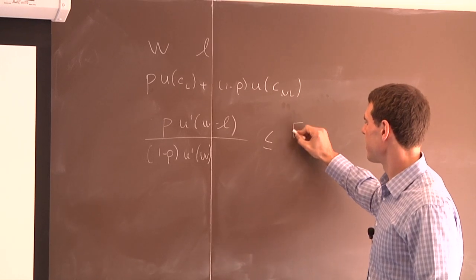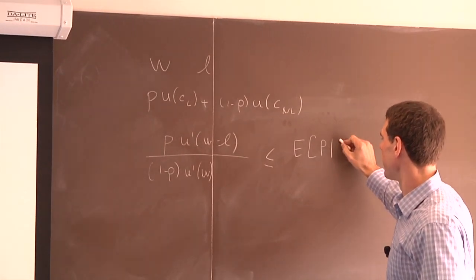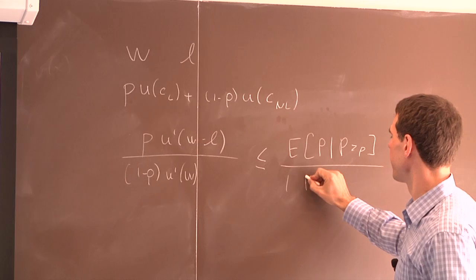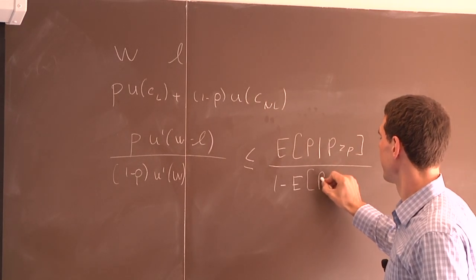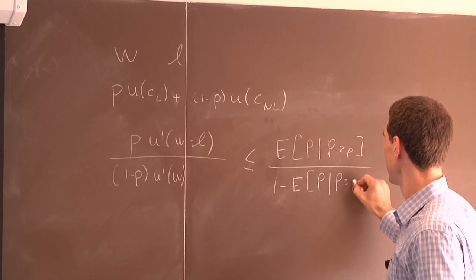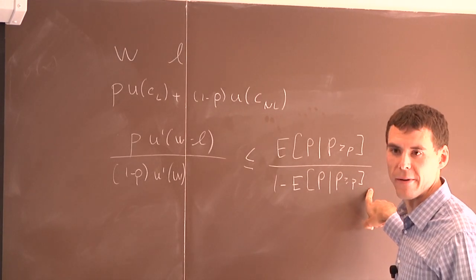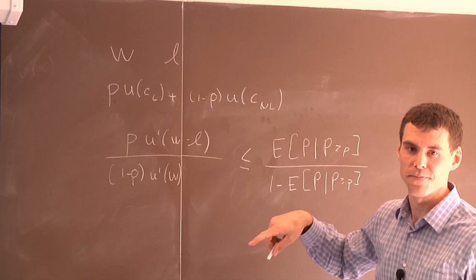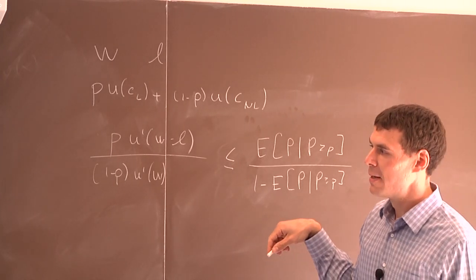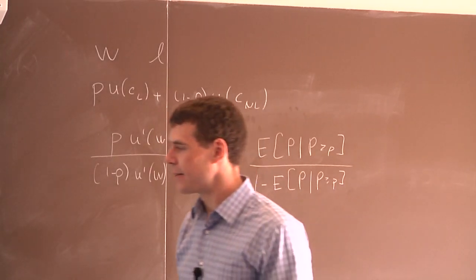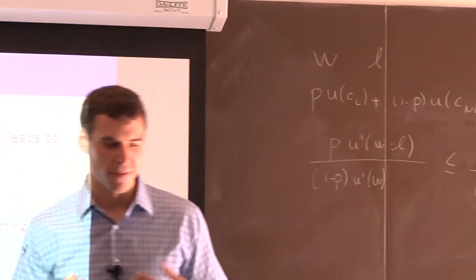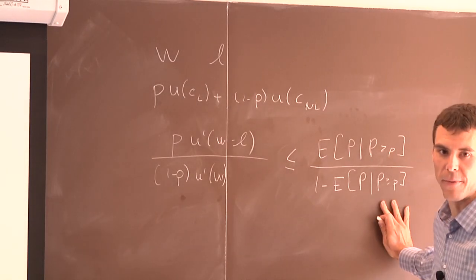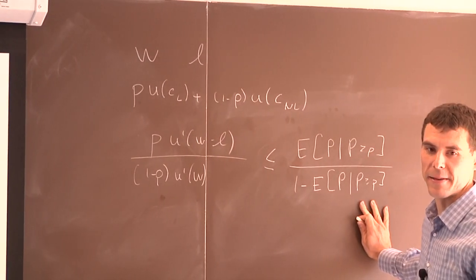And if, as I was saying earlier, this is less than or equal to the average probability of all the worst risks over 1 minus that average probability, then the market would unravel. You wouldn't see an insurance contract that would provide any insurance against the occurrence of that loss. Okay? So basically, what I was writing on the slide, whenever the willingness to pay for insurance is just not big enough to overcome the hurdle imposed by adverse selection, you would expect the market to not exist.